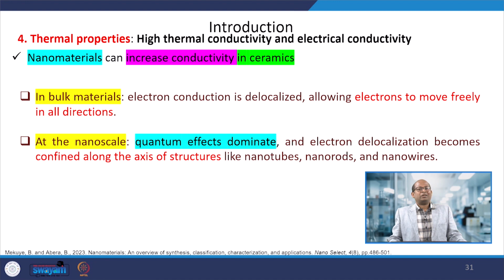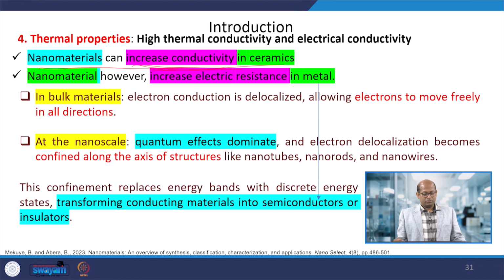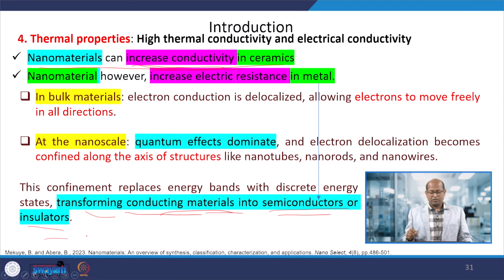So how will nanomaterials affect that property? It means nanomaterials enhance or increase the conductivity of ceramic materials. Suppose you have a ceramic material, we add nanomaterials, and that would increase the conductivity of that ceramic. Here, transforming insulating materials into semiconductors means, suppose we initially have ceramics, and there we are using nanomaterials. Initially it was non-conducting, and when we added nanomaterials,